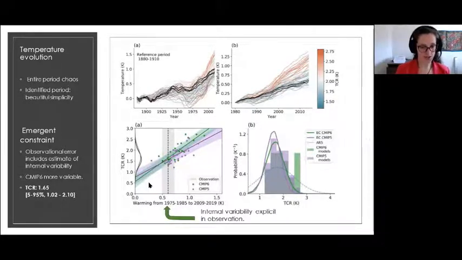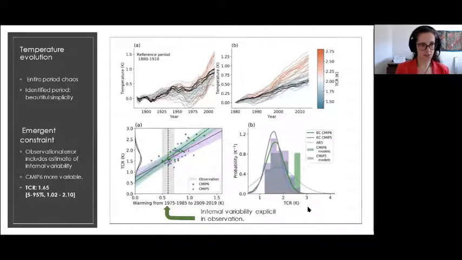One of the things you always have to take into account is how much of the observational uncertainty is simply from the fact that we don't have enough thermometers. And the second one is that you might have internal variability. In CMIP6, we've got loads and loads of initial value runs, so for each of the models, we can estimate the internal variability really well. But for the observations, we don't have that. So what we do is approximate the internal variability of the observations by the average of the model uncertainty.